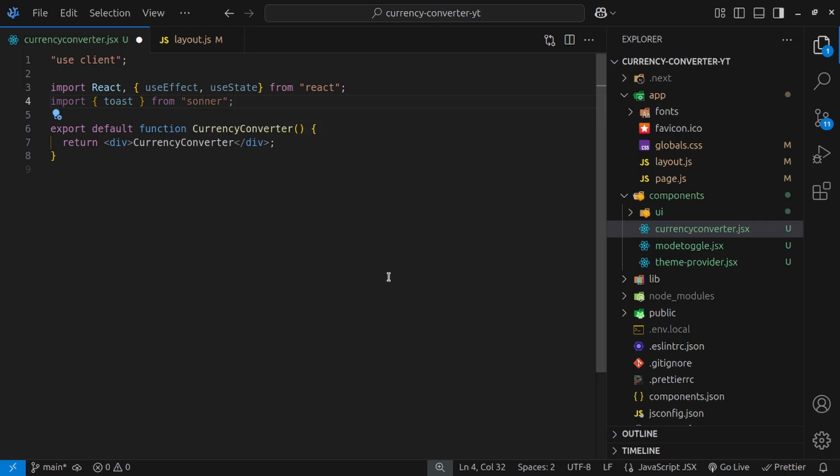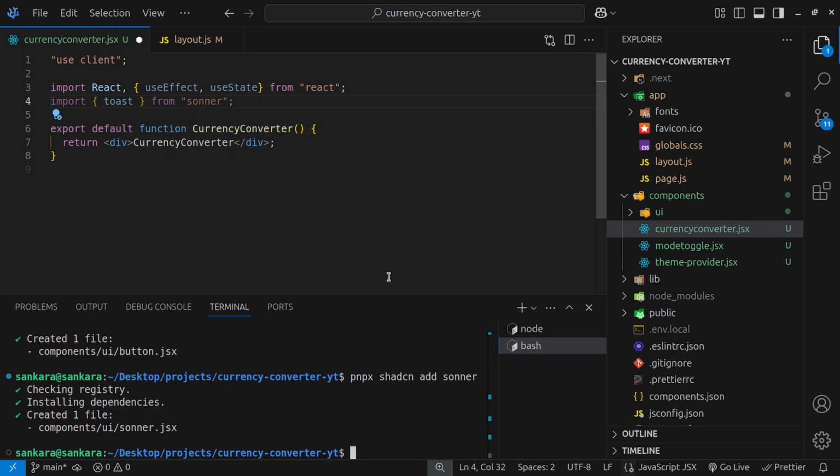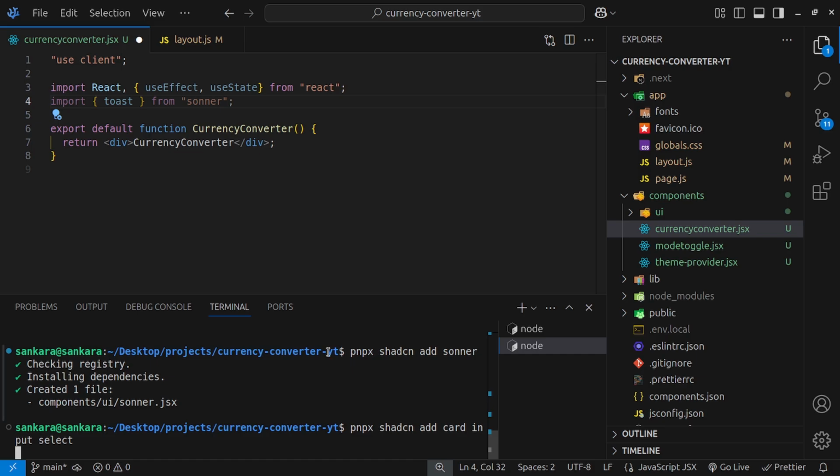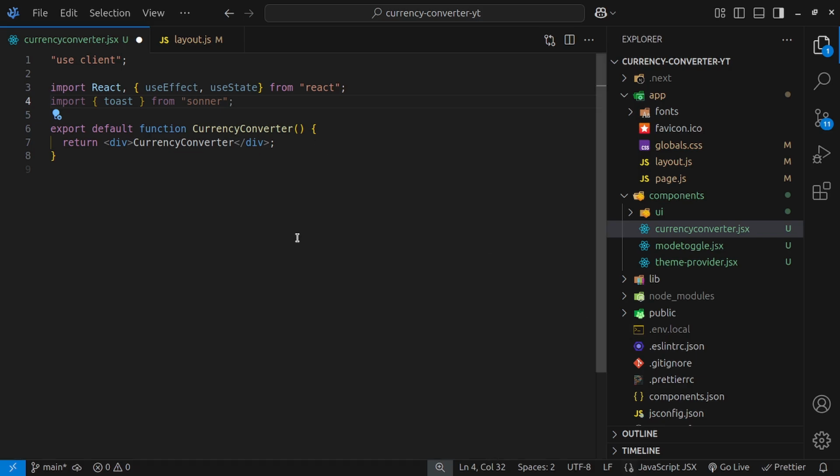And let's actually just go ahead and install all the components that we're going to need, really, because we need quite a few of them. So once again, Control J to open up your terminal, and then we can say pnpx shadcn add, and we want to add the card, we want to add the input, we want to add the select, and I think that's all of them. And then now as they are installing, we can jump back inside here, and then we can continue importing the